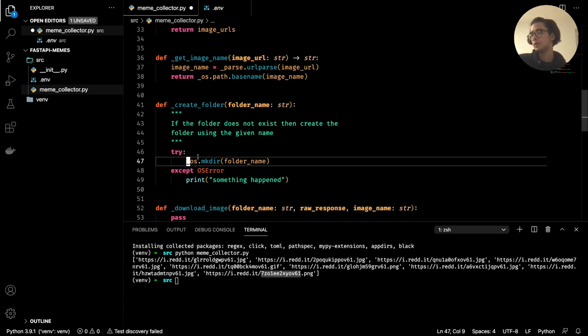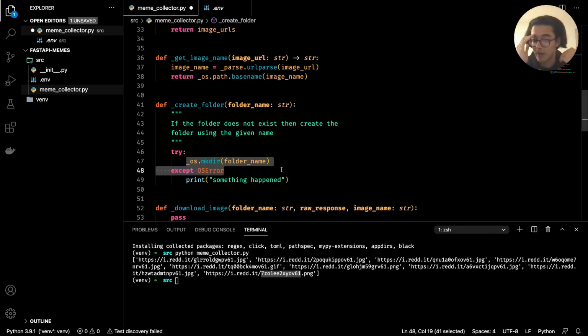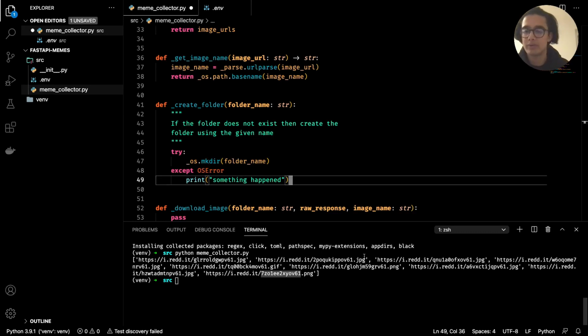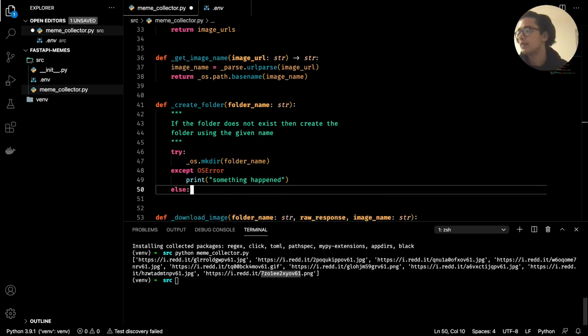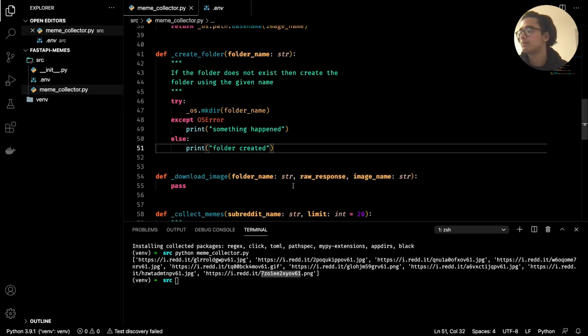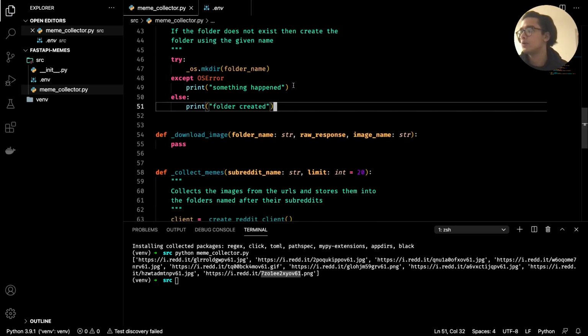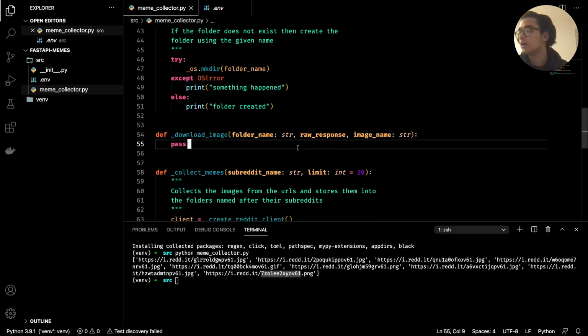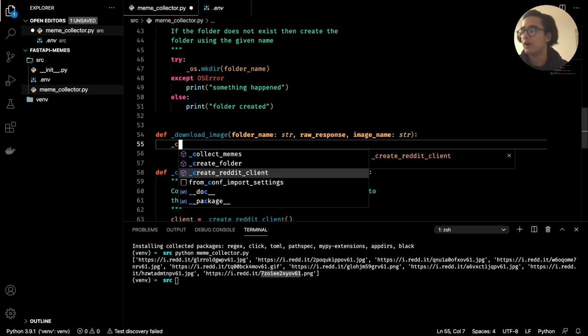But we want to check so that we're not rewriting the folder each time we're collecting an image. That's why we want to handle that. And then we can put a nice message saying folder created. Like so. So now we can go back to our download image,